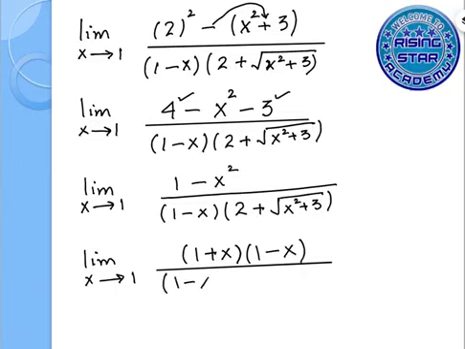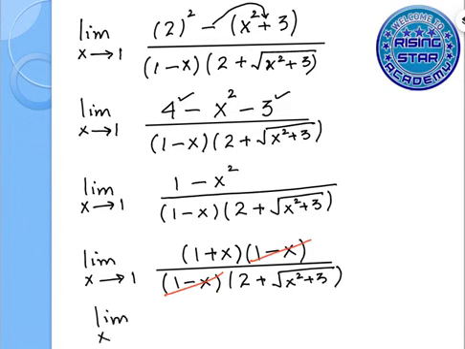The denominator would be written as this. So here we can see that 1 minus x is going to be cancelled with 1 minus x. So what is left is